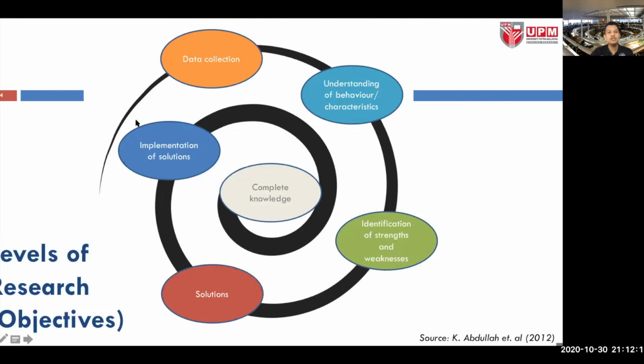So you do data collection again. You continue the cycle again and again and again until you find out that, okay, this is enough for your master's dissertation, or this is enough for your PhD, whether there's new knowledge coming out from the research or not. Okay, this is what we call the spiral of